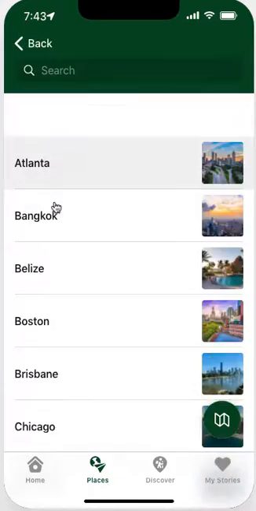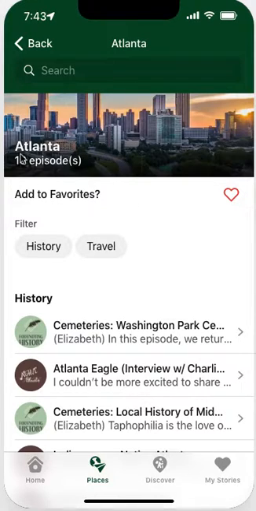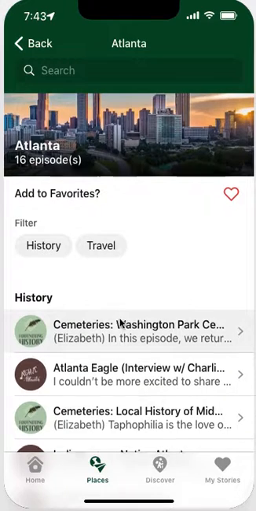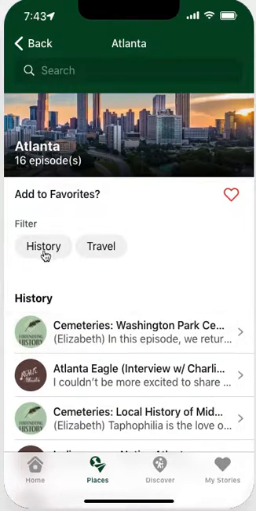So let's start with Atlanta. And so what she did was bring this up so that the 16 episodes shows up here. I had picked an image. This is easy to do in Airtable. And then the other cool thing that it does is it highlights which categories are included, number one, and then number two is I have